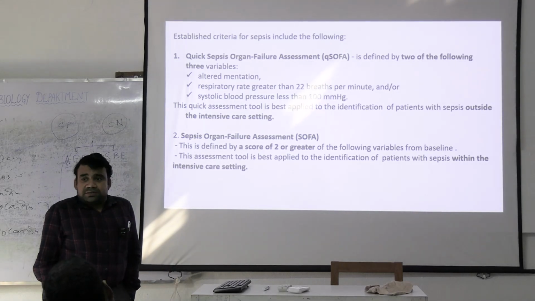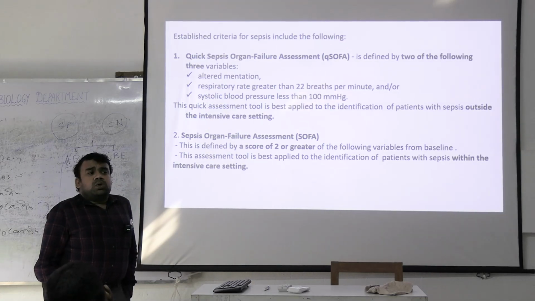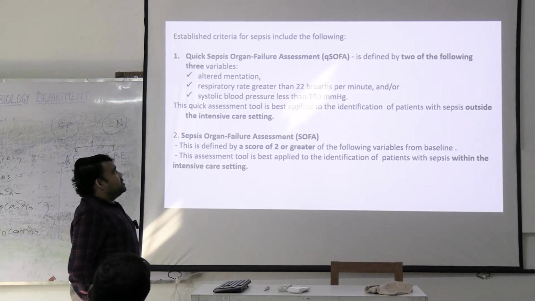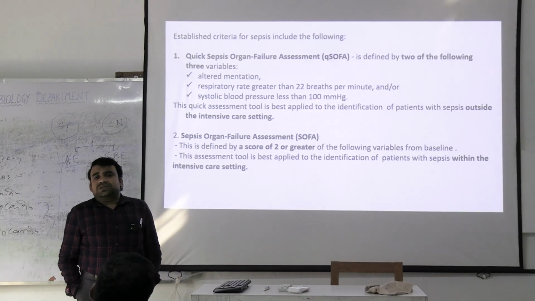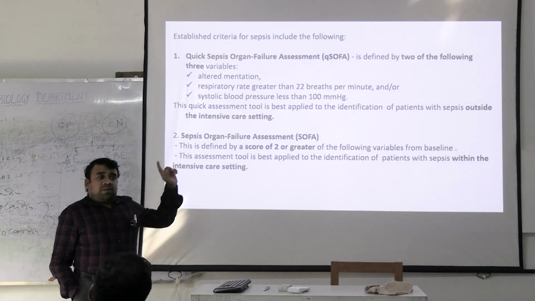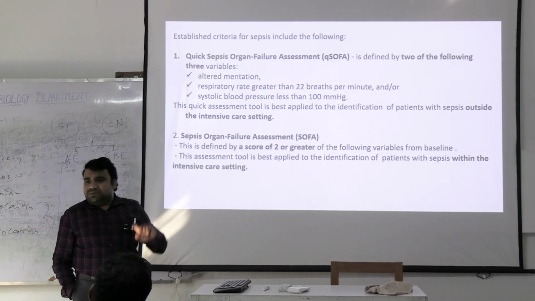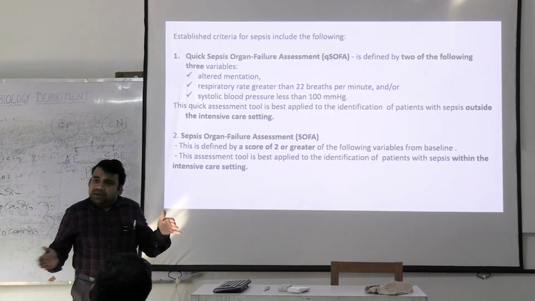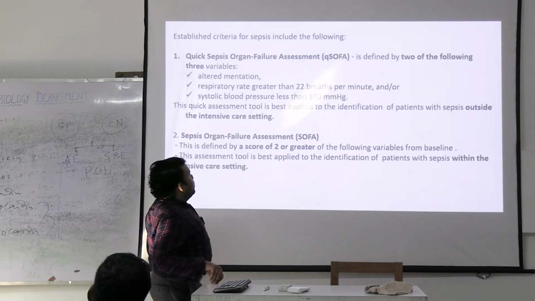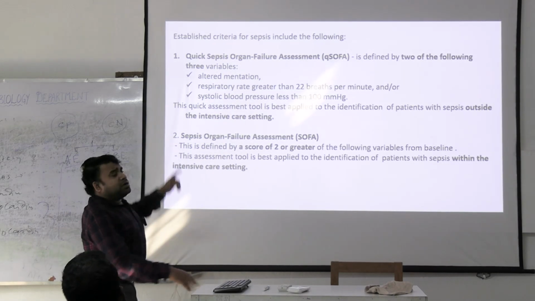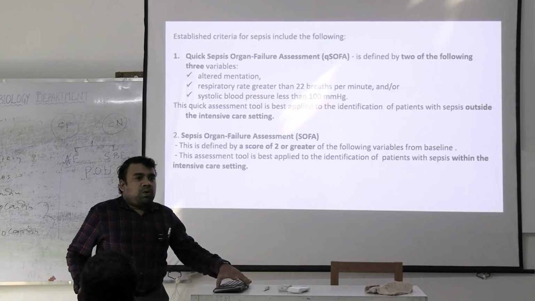How to recognize sepsis? As far as you people are concerned, this is very important. It is called qSOFA, or quick sequential organ failure assessment. SOFA stands for sepsis organ failure assessment. Look at the name carefully. It's a criteria to assess organ failure in sepsis. There is an expanded SOFA scoring and there is an abbreviated, or quick, version. What do we look at in it? First is altered mentation. Why altered mentation? The patient is disoriented. Why?